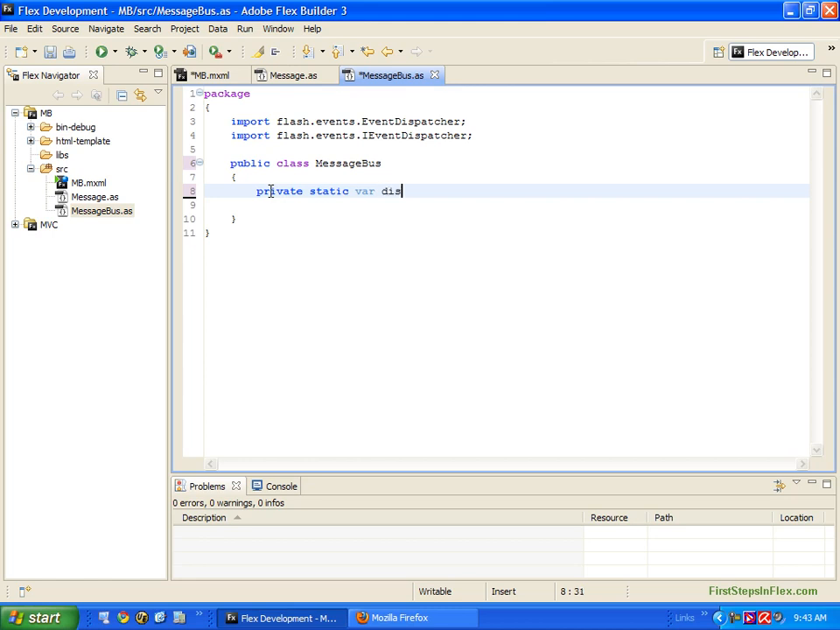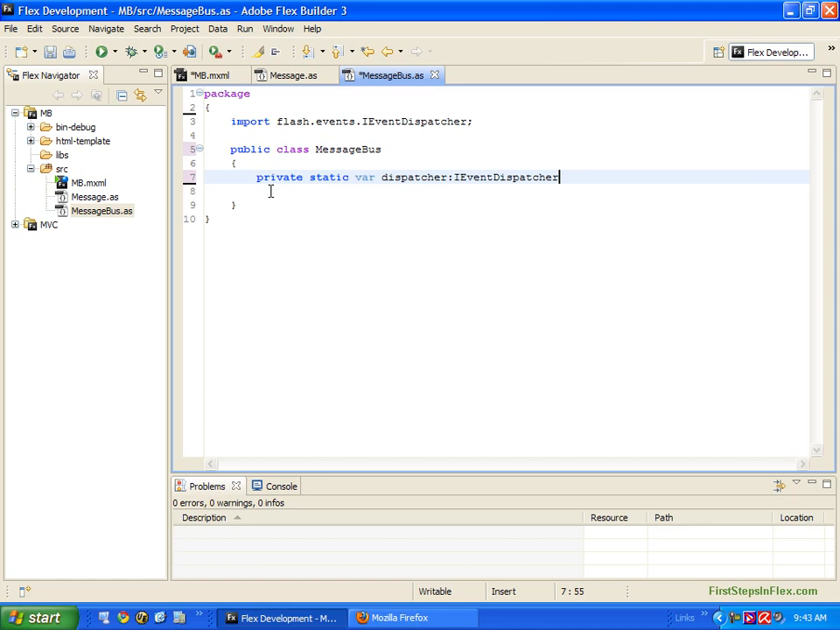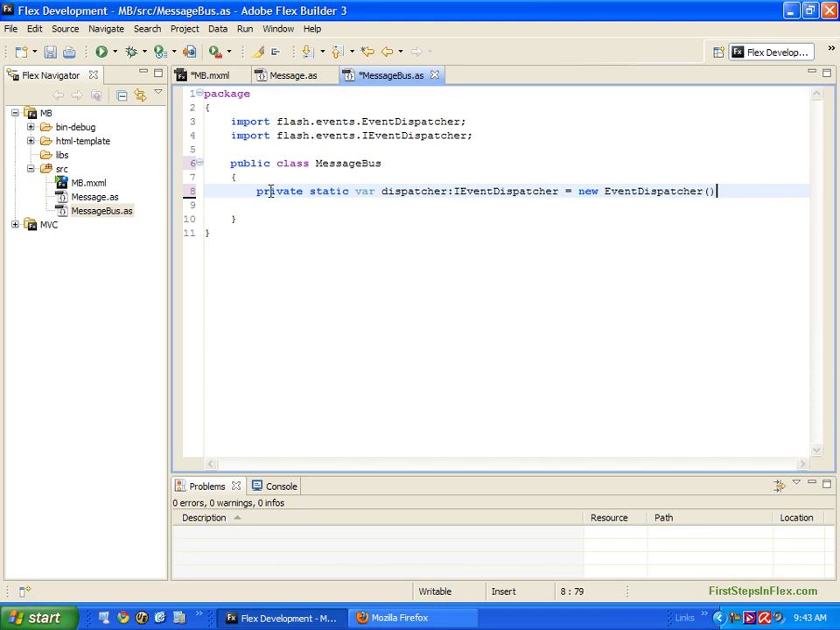So now let's do our composition here. We're going to add the dispatcher to this, and this will be of type EventDispatcher. We could use either the interface or the class. Either way, EventDispatcher. Now we're going to initialize that as an EventDispatcher. And so now we need some functions on this message bus that will really allow you to send messages through the bus. So the first one is a public static function